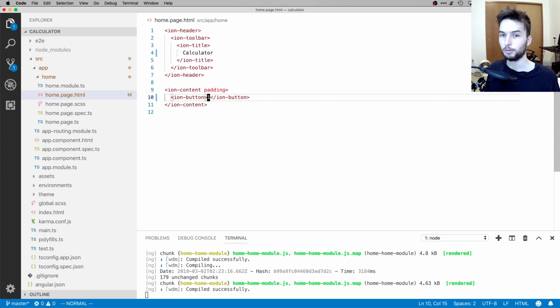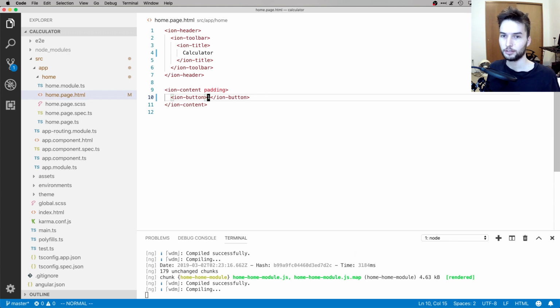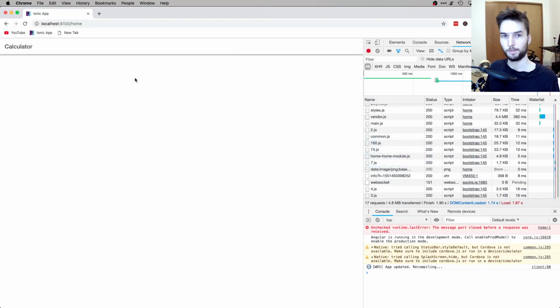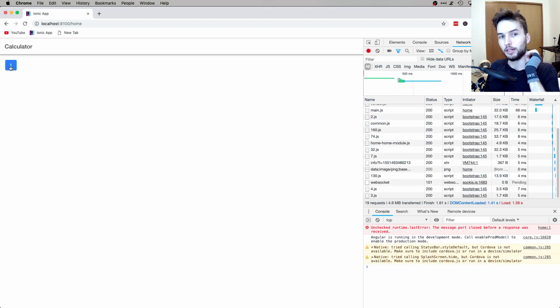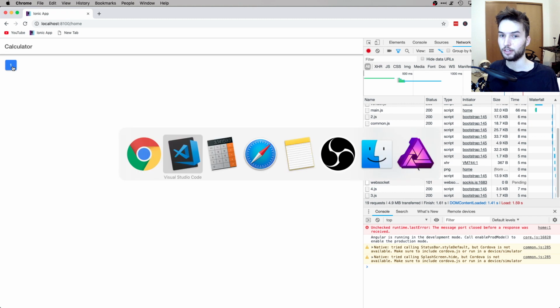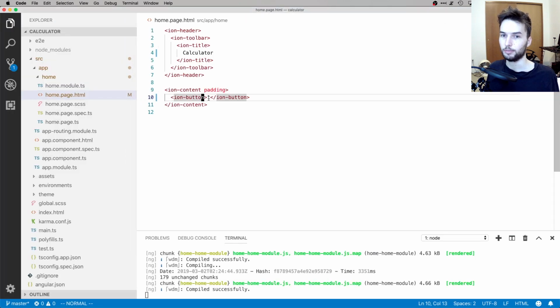Okay, I just want to show you what a button looks like if we just put a 1 in it. So an ion button with a 1 in it. Okay, so we got a button with a 1 in it. Now what I was saying is that we don't want to have to make all of these buttons and then individually configure them to have events and so forth. Like I'll show you, we'll register an event. So click, so this is registering the click event on this button. Makes it so that when you click it, it calls a function, and the function for this is gonna be